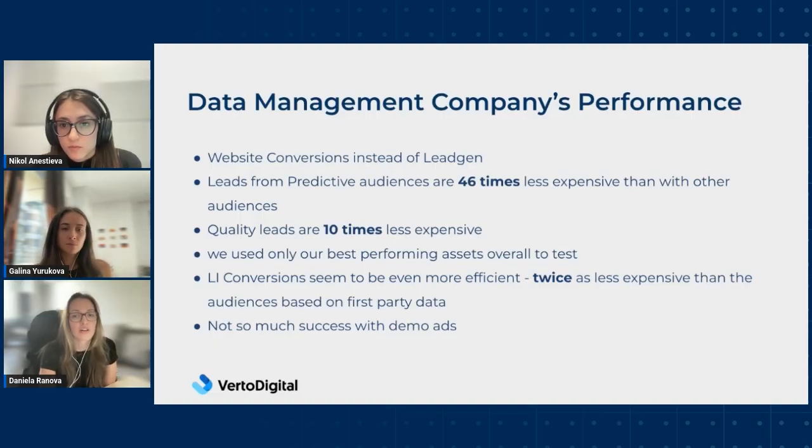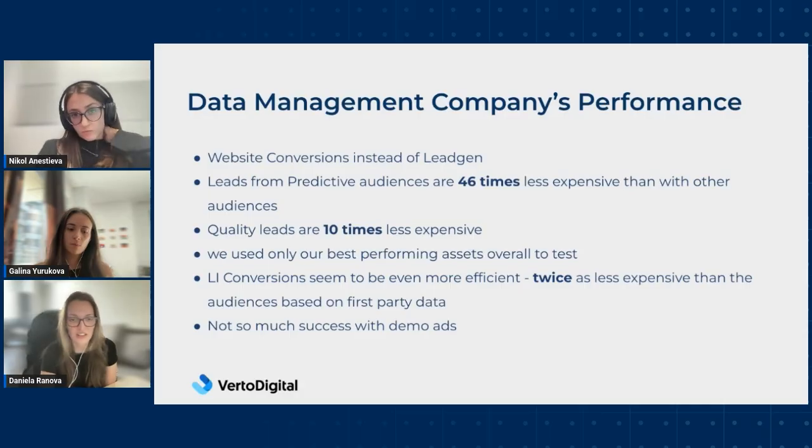One note here is that we mainly used the best performing assets here. So this is definitely a factor. But we also decided to test something different, and we decided to test not only using just a first-party data list,